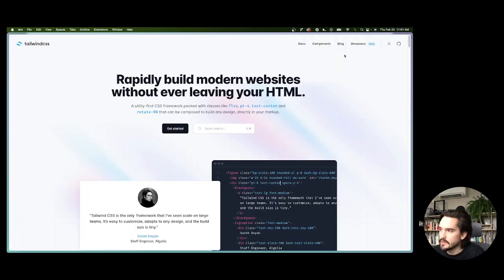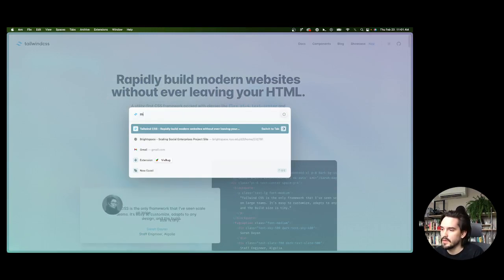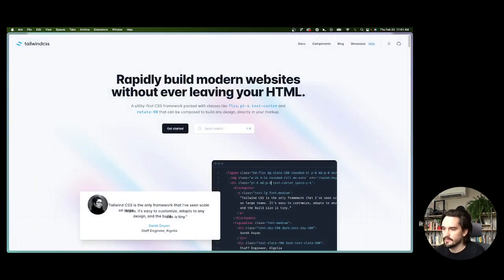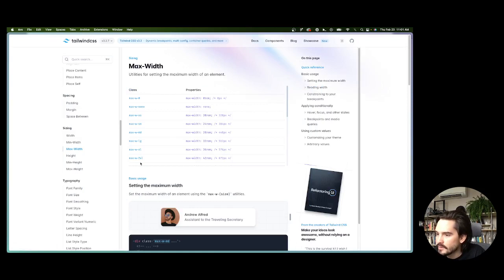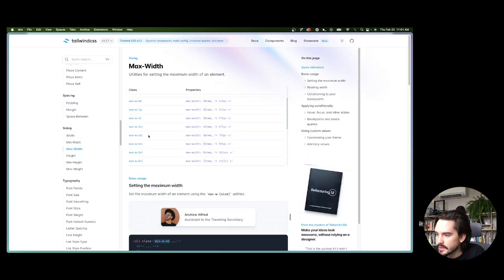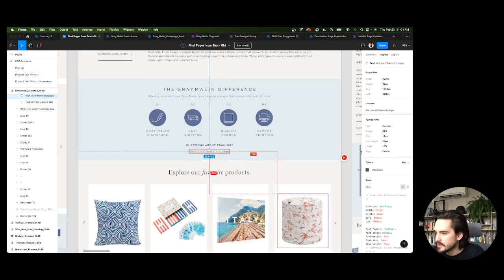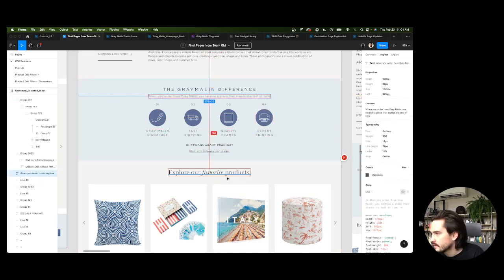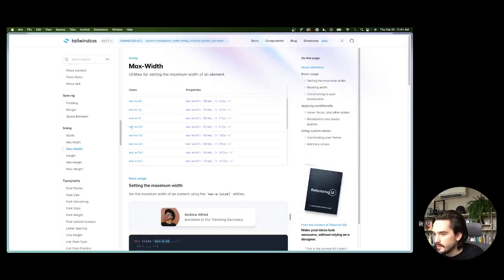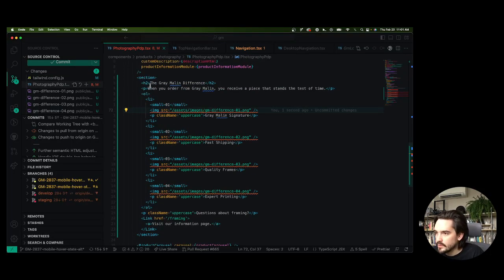So the first thing we're going to do is use max width. Oh wait, the Tailwind search and my browser search look the same. So we're going to do something like this, where we set it to like 768. Let me take a look at Figma and see what the width of this is. 670. So we're going to say use max width 2xl in Tailwind to make this section